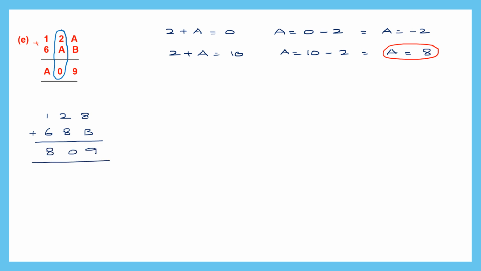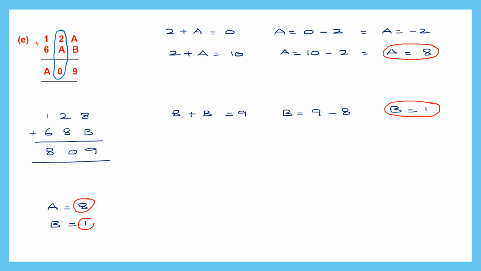Now we're going to find the value of B. So 8 plus B is equal to 9. So let's write that 8 plus B is equal to 9. That means B is equal to 9 minus 8. That means B is equal to 1. So we have found the value of B also, and B is equal to 1. So that's our answer. A is equal to 8 and B is equal to 1. We've got both the answers. Now, if you want, you can even substitute for A and B in the main question and see whether you